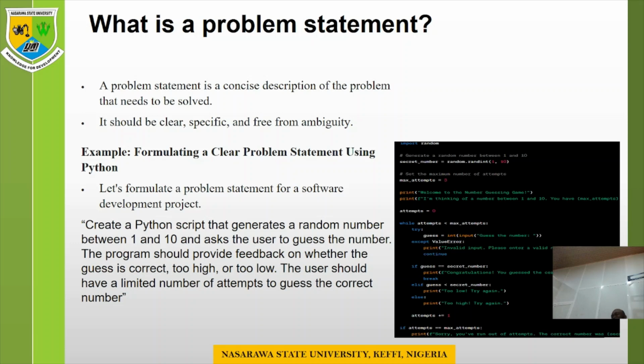So for example, if you think of a number between 1 and 10, it can be negative or positive. But between 1 and 10, we have other numbers. We have 1 itself, we have 2, 3, up to 10. Then attempt equals 0. Then while the attempt is less than the maximum attempt, you try: